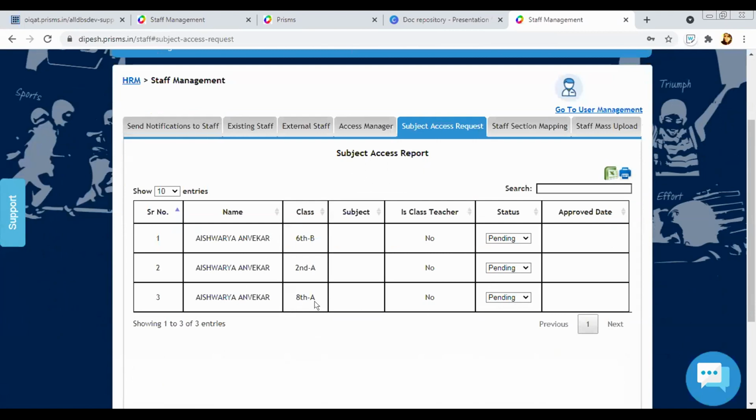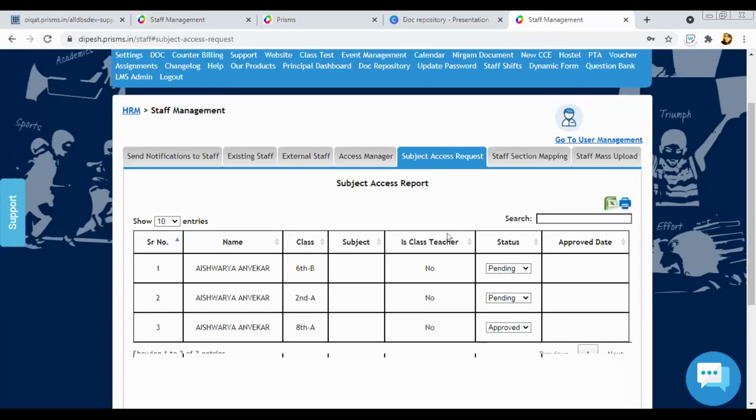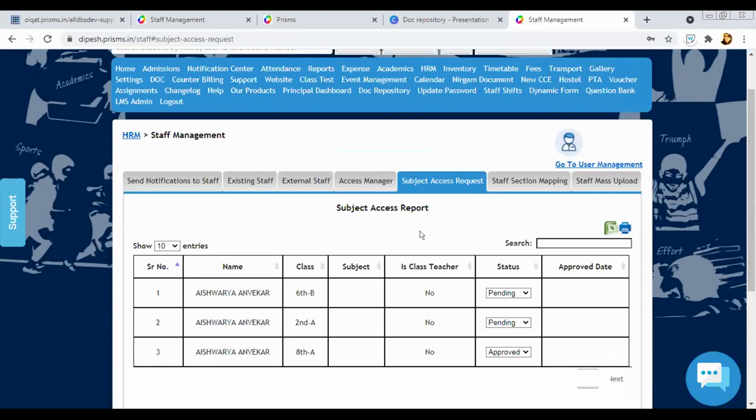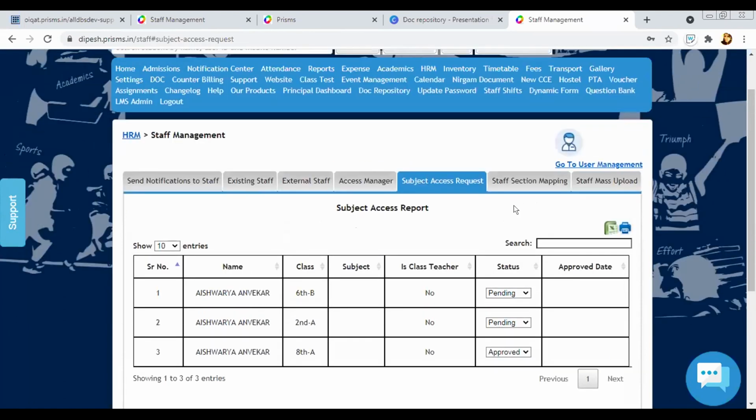Based on that, if the information she has filled is correct, I can decide whether to approve or decline that particular request. So I can approve a particular request. Successful. So in that way, teachers can directly request their subject access from their login, and as an admin, you can decide whether you want to approve or decline that request.